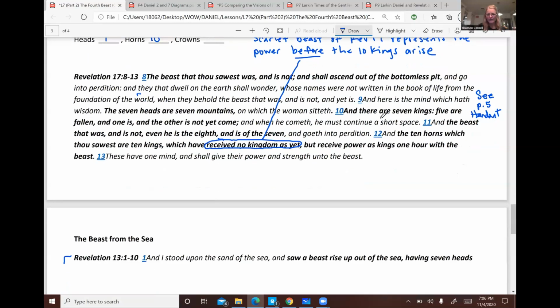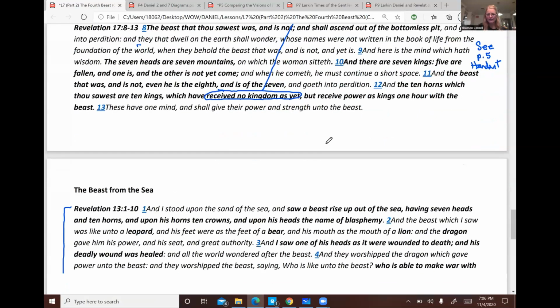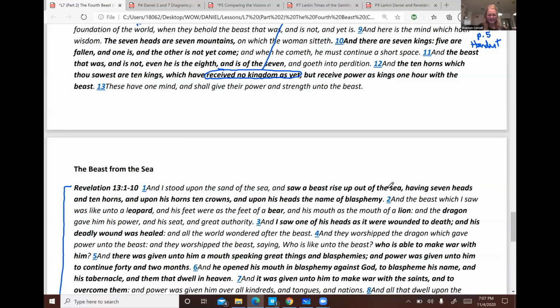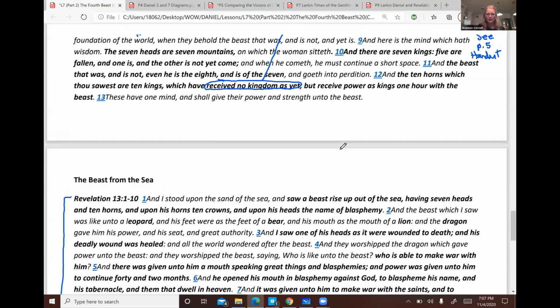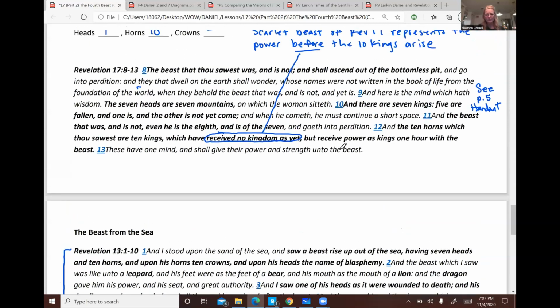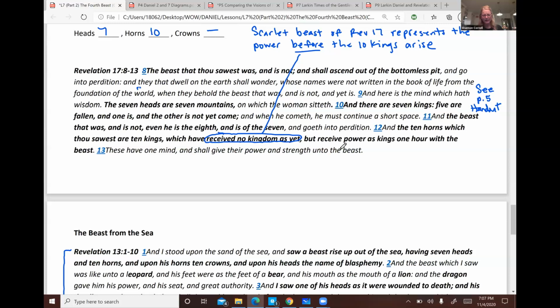He was and is not and shall ascend out of the bottomless pit. We're going to read here in a minute in Revelation 13 that a beast rises up out of the sea. The sea is a place of chaos, of destruction, of danger. It's the place where the Leviathan lives. By the way, at the end of Job, when the Lord is talking about Leviathan and Behemoth, many say, well, is it a hippopotamus and some sort of dinosaur? Or is he talking about the beast from the sea and the false prophet that rises up out of the earth, all the way back in Job, right?